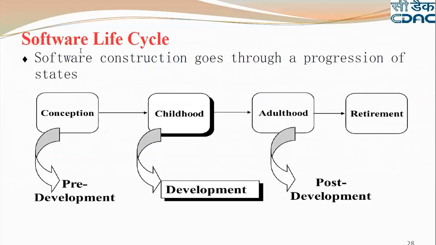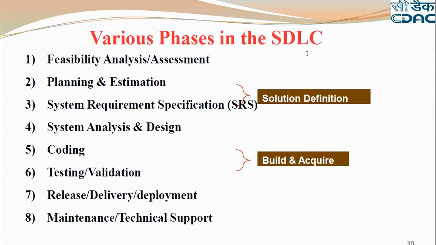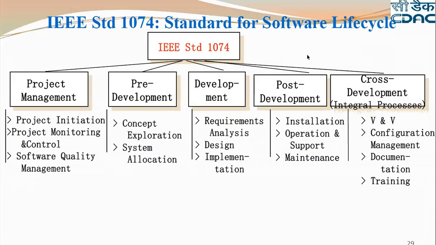This is another way of telling the software lifecycle. They say conception, childhood, adulthood, retirement. Or pre-development, development, post-development. As per IEEE standard 1074, the standard for the software lifecycle is project management, pre-development, development, post-development, cross-development. Here you can see whatever we defined as the 15 steps, grouped under various things like installation, requirement, and so on; you can mix and match. You can tell these few steps, or even the subsequent steps. In either case, that's why initially I listed all the project development steps. Here are some various phases of